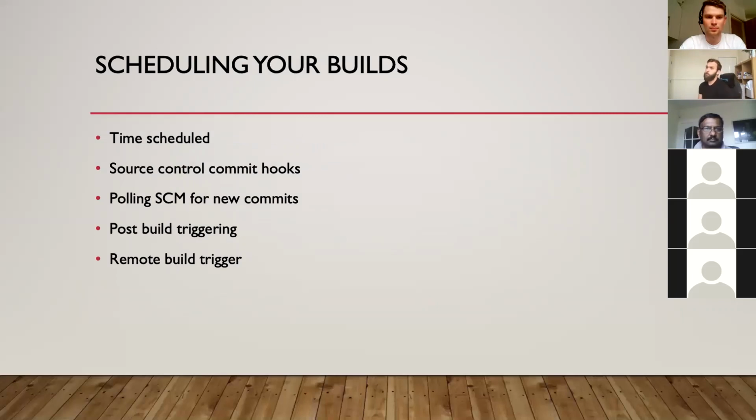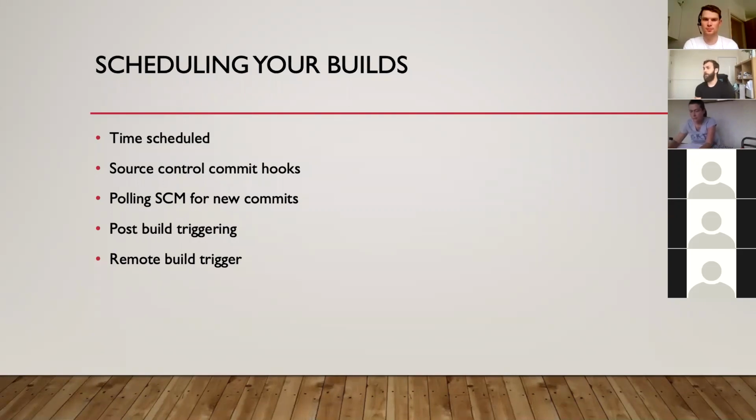So how you might schedule your builds. There are various different ways. You have time scheduled builds, so you could set a timer on it. Say, I want it to trigger at 7 o'clock every day, or I want it to trigger on every third Wednesday of the month. It uses the cron time signature. If you have ever used a cron job, I will show you this in a demo later, how the time signature works for scheduling your build. But there's pretty much any outcome that you could think of for how you might want to schedule it on a time basis.